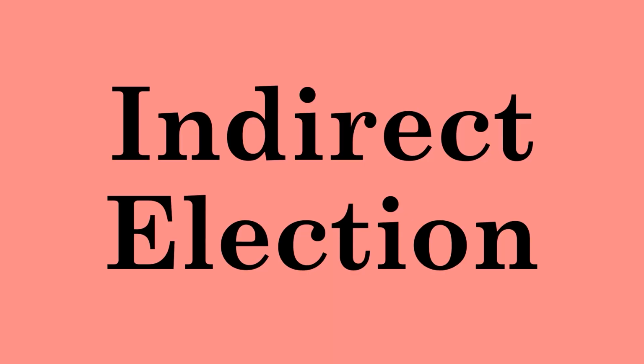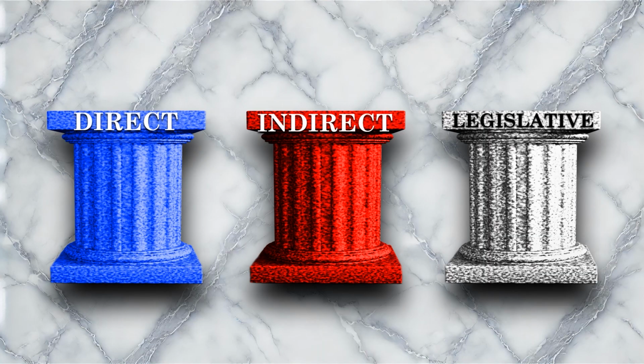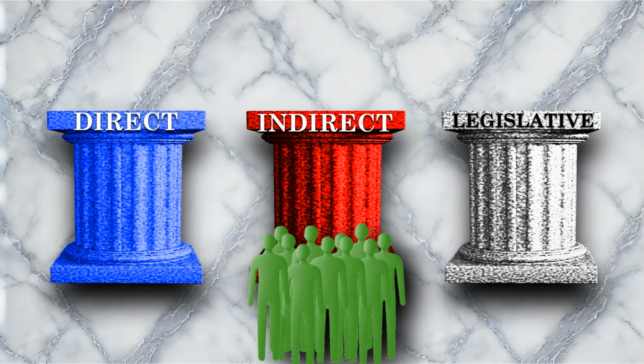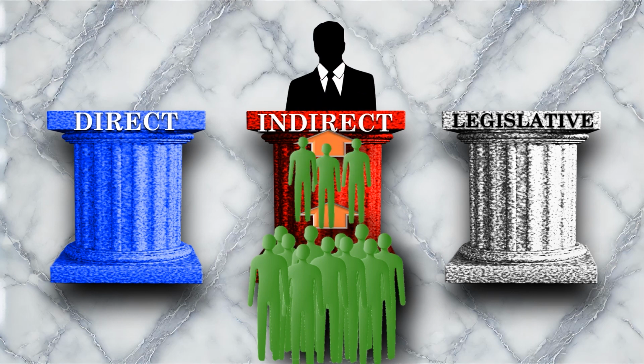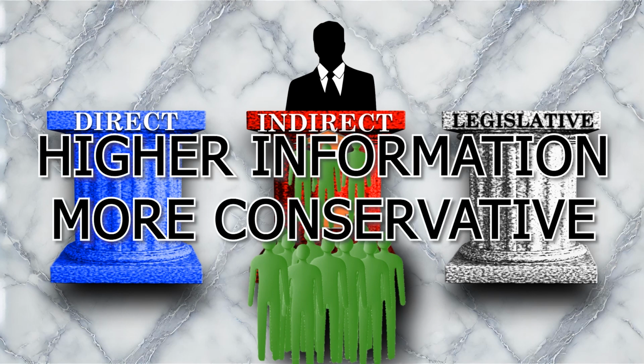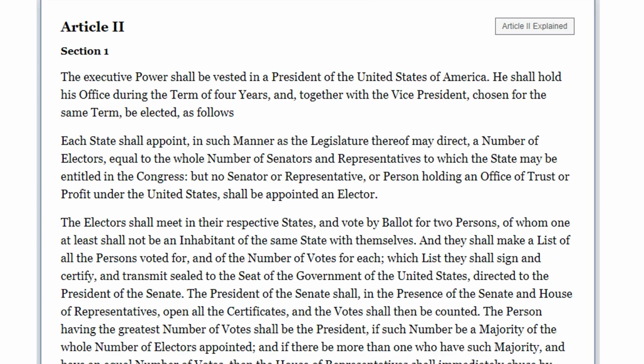Indirect elections are also known as Republican elections or delegated elections. In an indirect election, the voters meet to select delegates whom they trust to have better than average wisdom, integrity, and virtue. And those electors then vote for a candidate to fill the office. What it sacrifices in responsiveness to the general electorate, it makes up for in producing better informed voters and more carefully considered decisions. The Electoral College for electing presidents is supposed to be this kind of election. Originally, state governor races were this way as well.